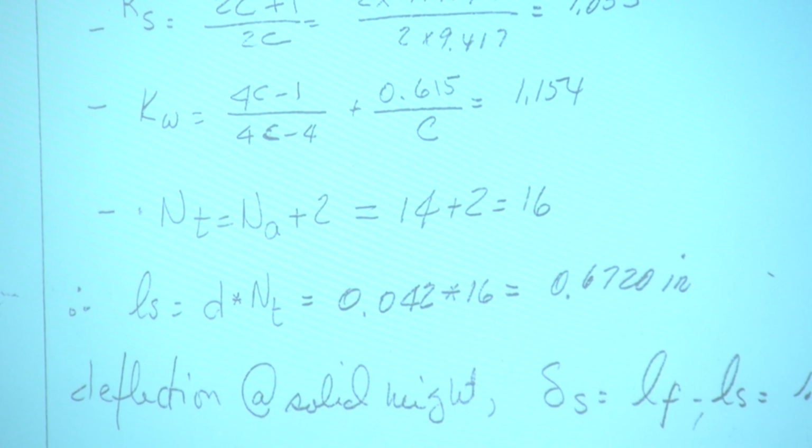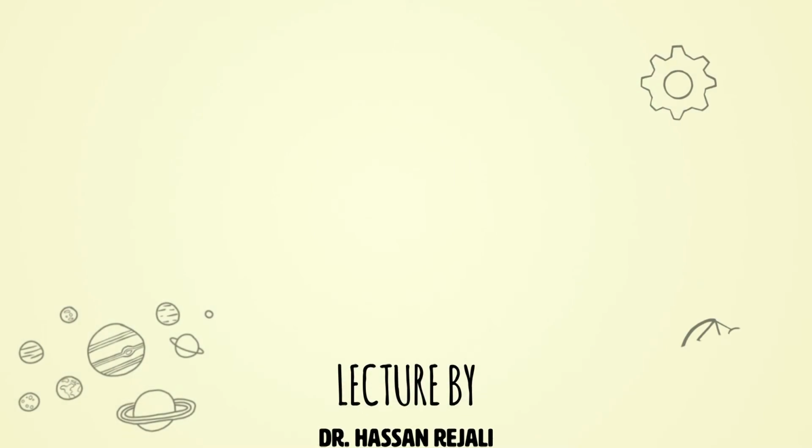This is not always exactly correct. Sometimes you may be off by one wire diameter. But for ease of calculation, to my mind, this is the best way of doing it. So I suggest that you do it this way if you want to use the